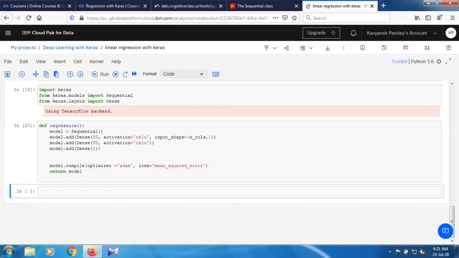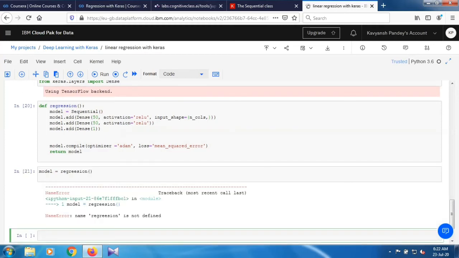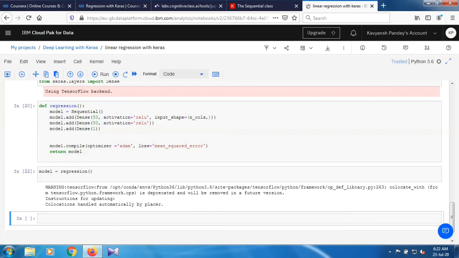fit our model. Before fitting our model, we have to make a variable that is model, and inside this we just use the output that will be returned by the regression function. So by using this, there's some error with the spelling, okay. So regression, okay. So as you can see, it is running successfully,